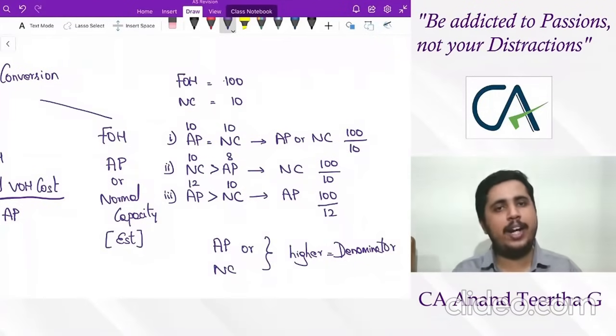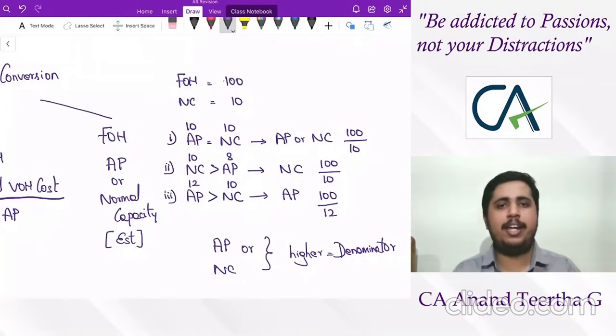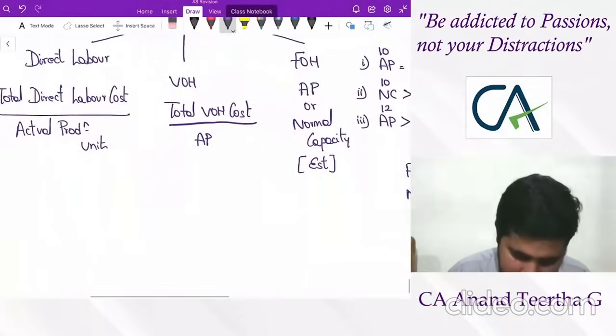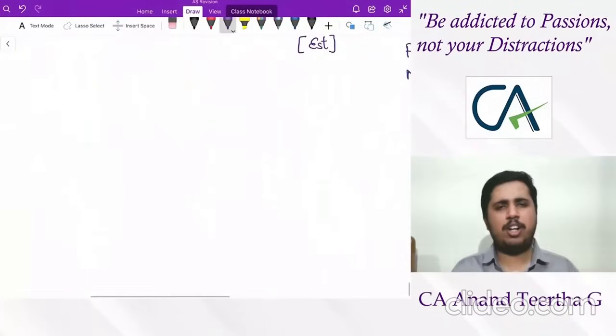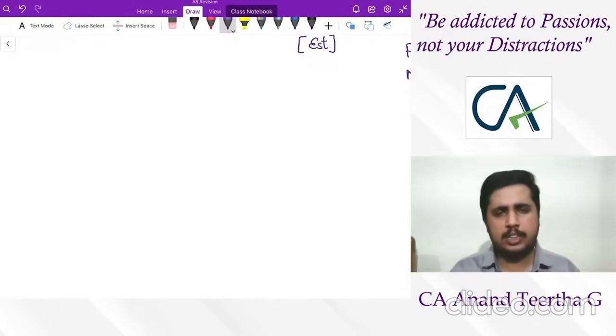Labor and variable overhead, anyhow, depend upon actual production, no problem. But fixed overhead has to be done on this particular basis, where you have to consider normal capacity and actual production. Now, once our cost of conversion is done, the next thing will be other cost. I will not talk much about other cost. Those are the specific costs involved for production purposes other than cost of purchase and cost of conversion. As I've already told you, packing costs and all will be considered under other cost. Since it is involved in production, it will be added as cost of inventory.